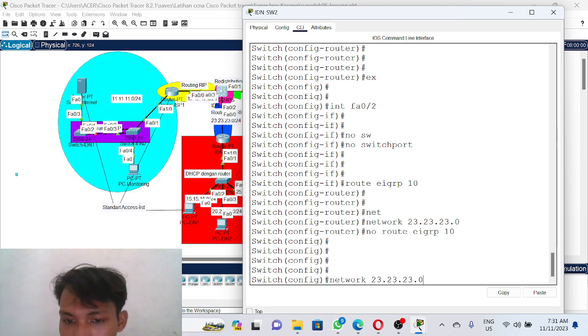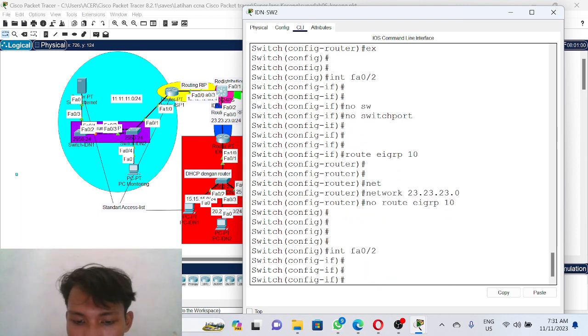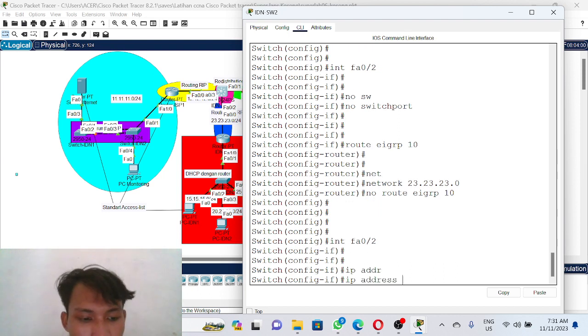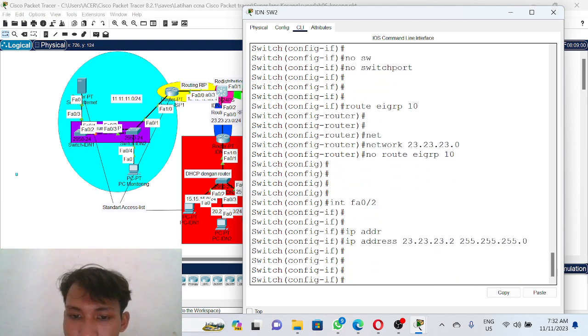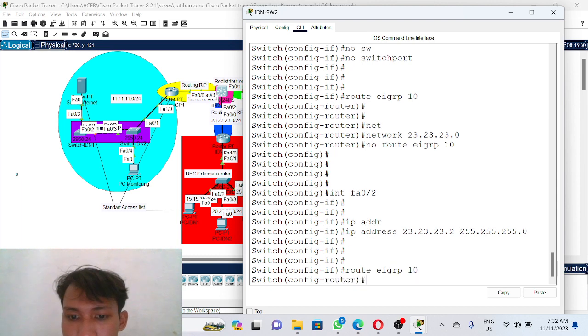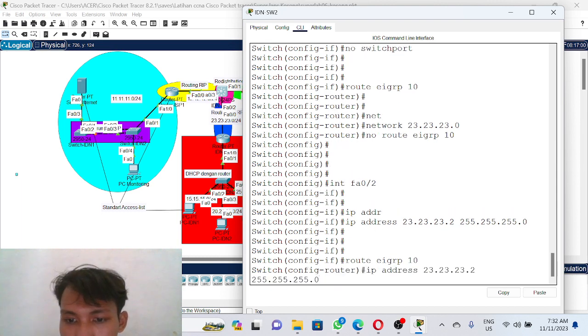We go in the interface FastEthernet, IP address 23.23.23.2, 255.255.255.0. Then we go in the router IGRP 10. The network is this.